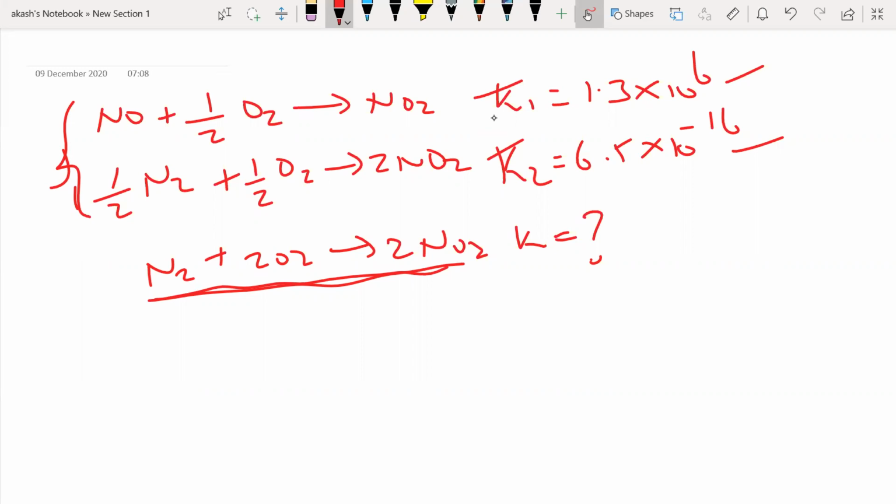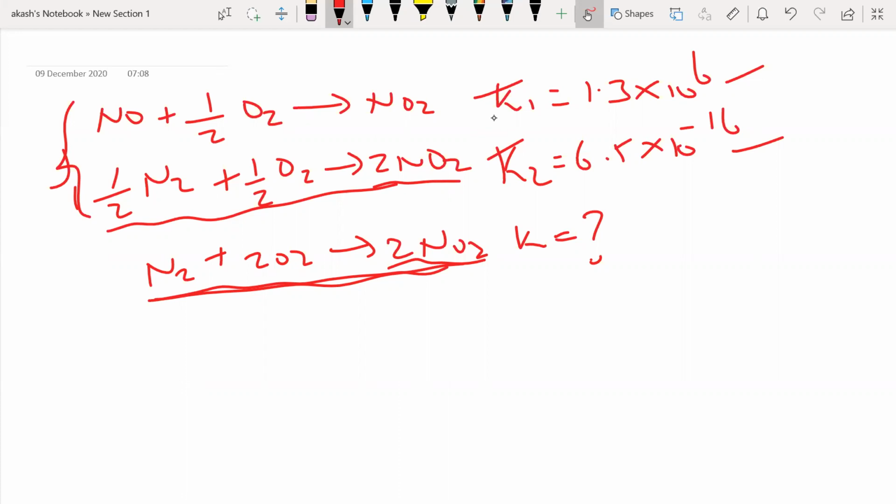Okay, so guys, if you look at this, I have two NO2 in the product side. In the required equation I need two NO2 in the product side, right? Now go to the given equations and see where is NO2. NO2 is here, 2 NO2. So this equation is going to come as such, right? Okay, now next thing what I need, one second.